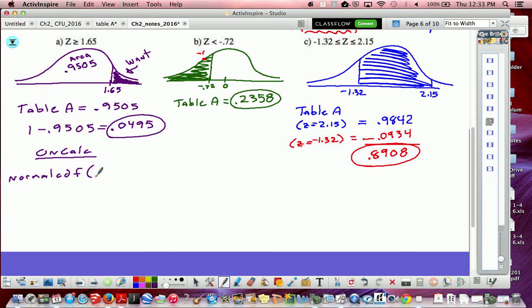A lower bound z-score and an upper bound z-score. Well, for this particular area, my lowest possible score is 1.65. The problem is, do I have an upper bound z-score? No, it keeps on going